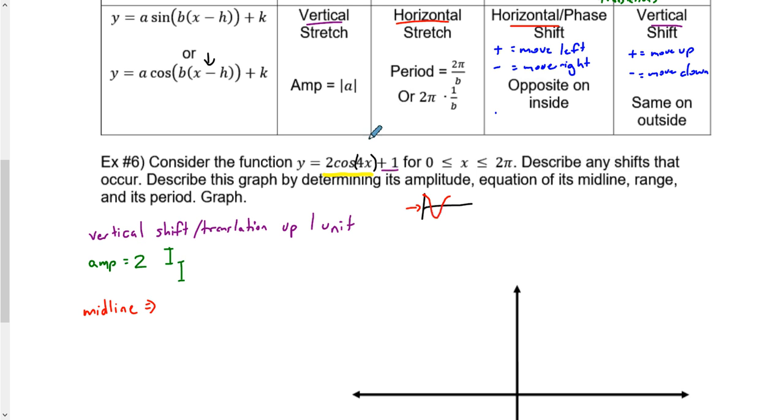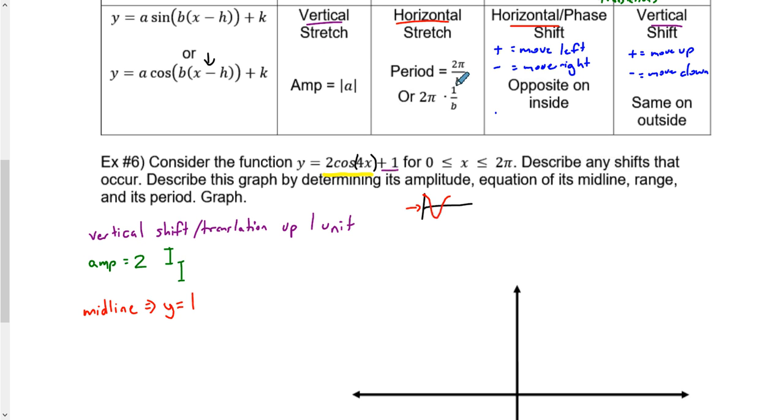But what has happened to this graph? The graph has moved up 1, which means instead of having a midline of the x-axis, our midline would be y equals 1,